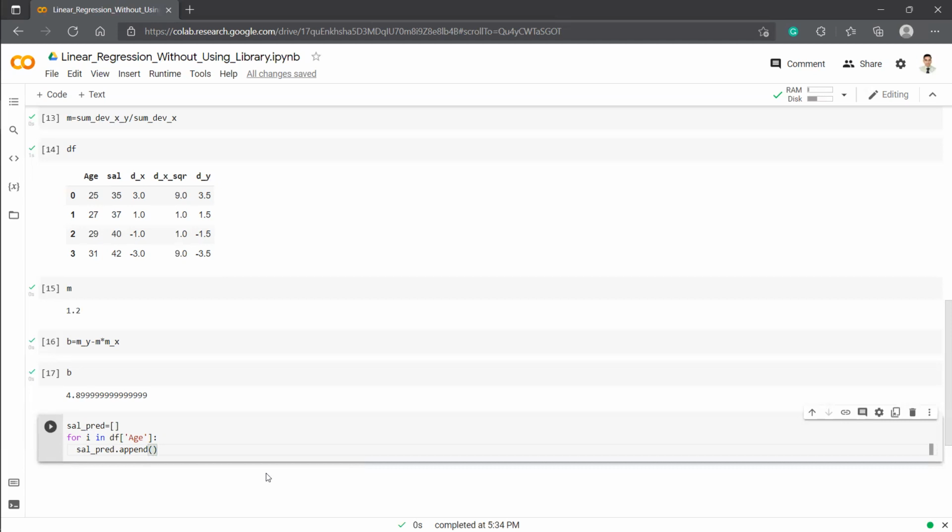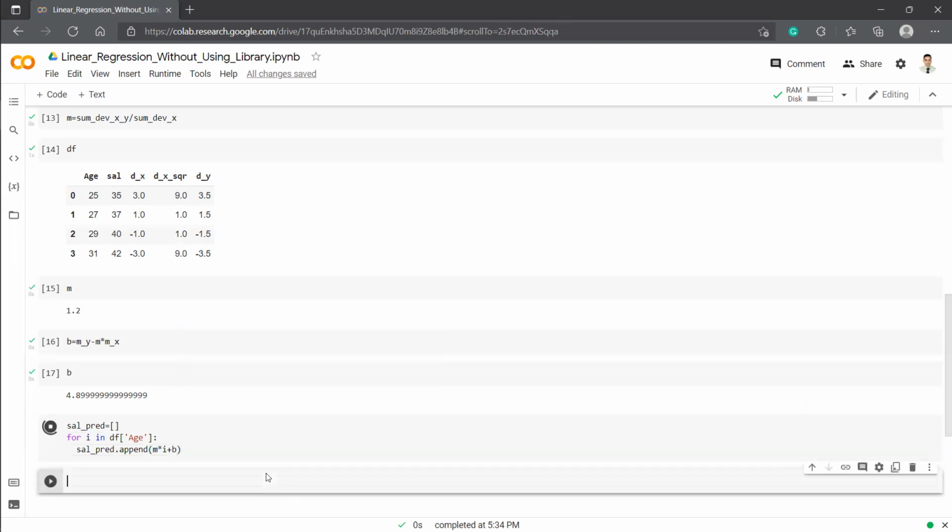And append what? Here I'm going to put the linear regression formula, which says slope times the independent value, which is X, plus the intercept. This will predict my salary. So if I want to see the salary predicted,